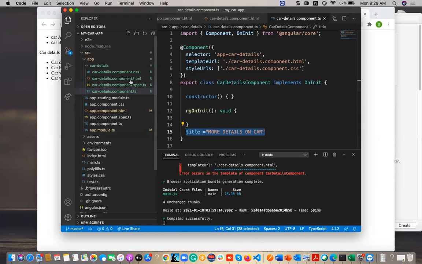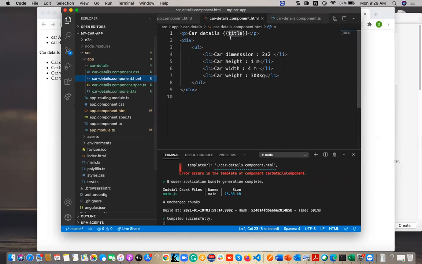How can I do it? I can do it with string interpolation, where I want to give the title here, and it should be enclosed with two flower braces starting, two flower braces ending. That's how we have to do string interpolation, this is one of the data binding techniques.